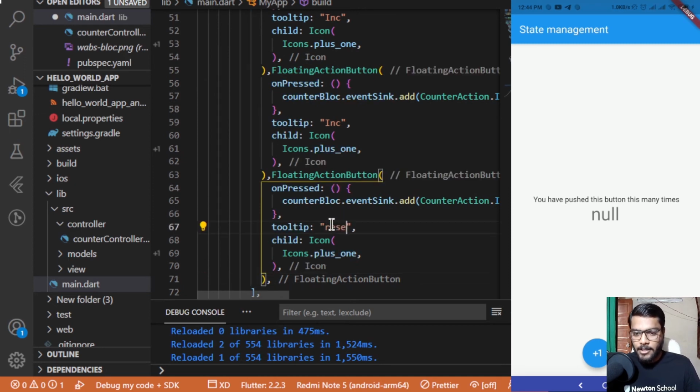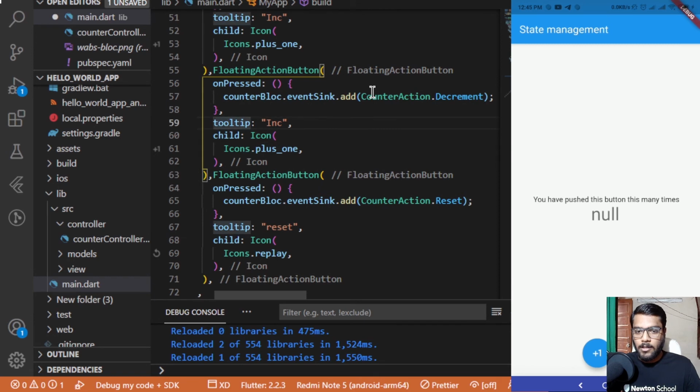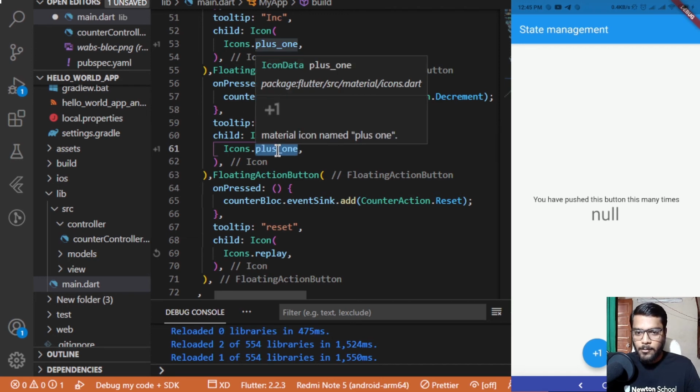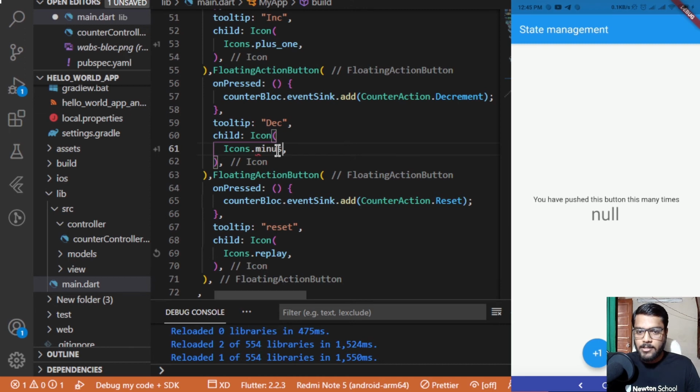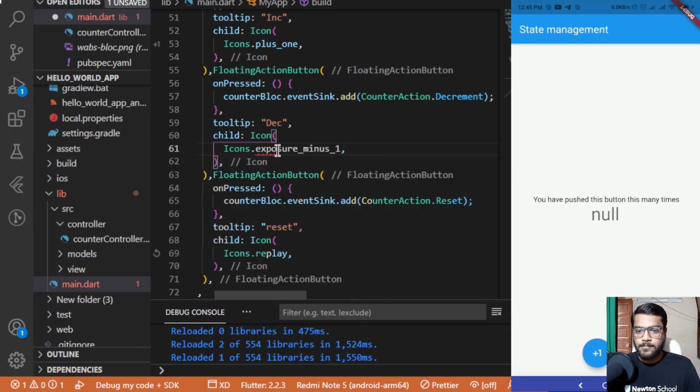This would be for reset, and this would be replay. And for the action as well, let me change this to reset. For decrement, let me change this to decrement, and inc would be changed to dec. And I am not sure if it is having an option for decrement, so minus exposure -1,